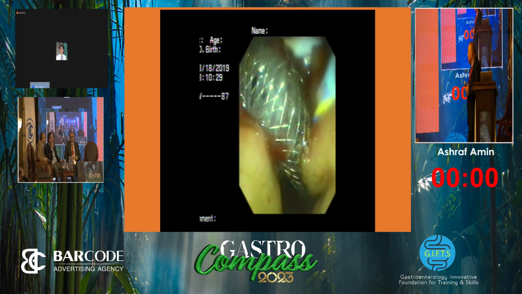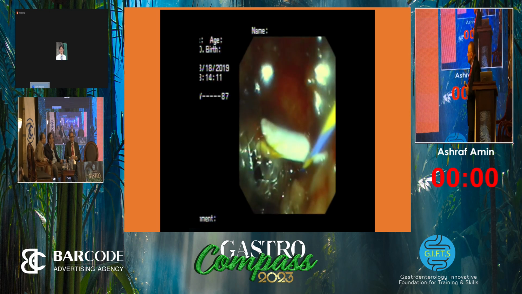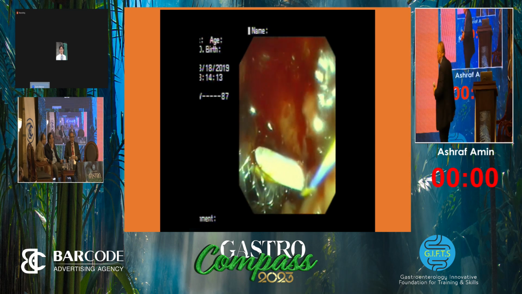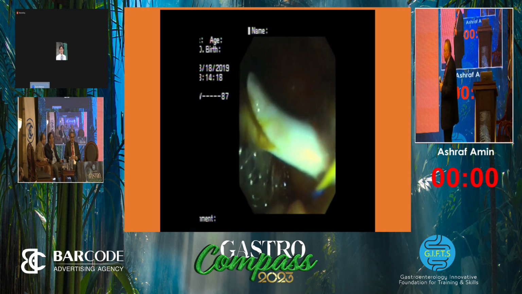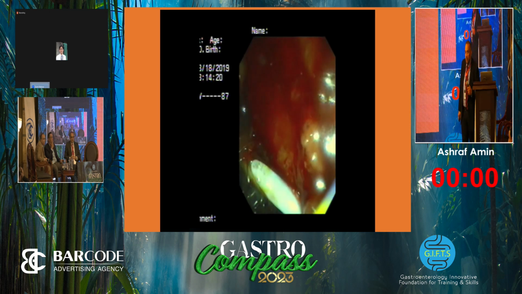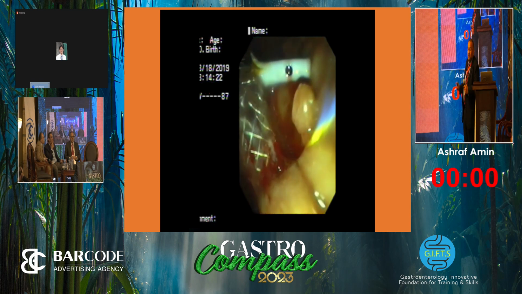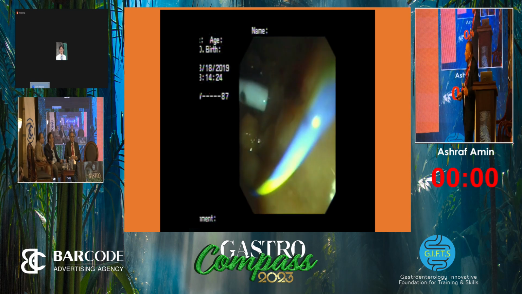It's uncovered. Maybe partially covered, because this is the hole here. I made the hole here. Even if it is covered, you can penetrate it. Yeah. And if it is fully covered,